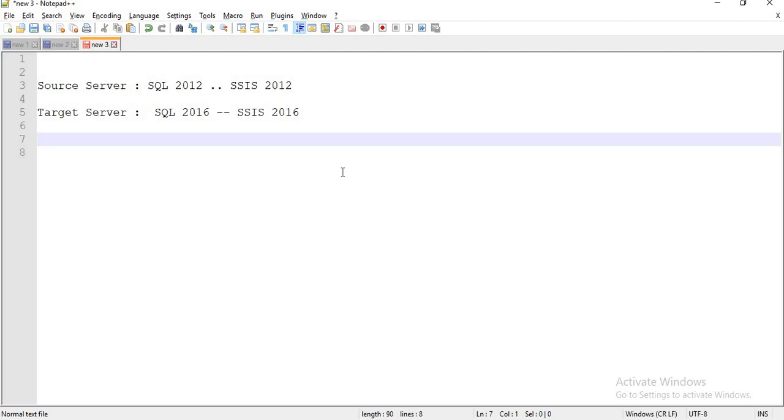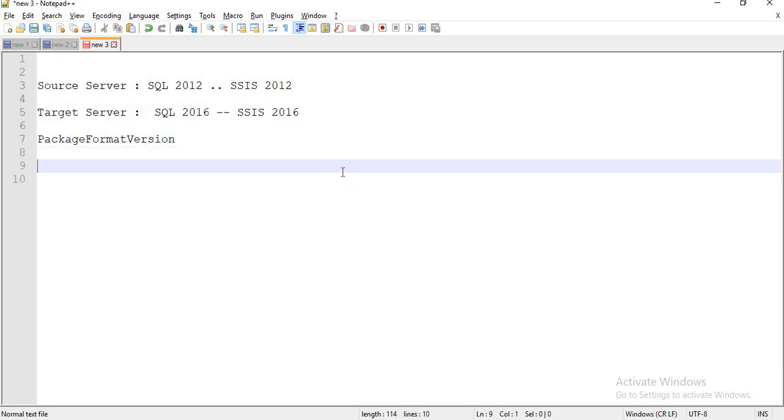I'll show you where you can see it. There is a tag in the XML code, and the name of the tag is PackageFormatVersion.